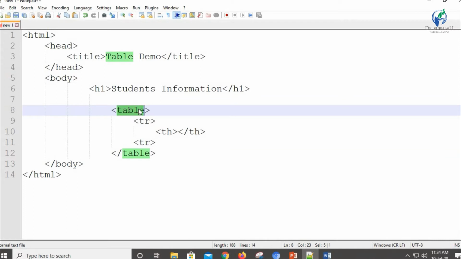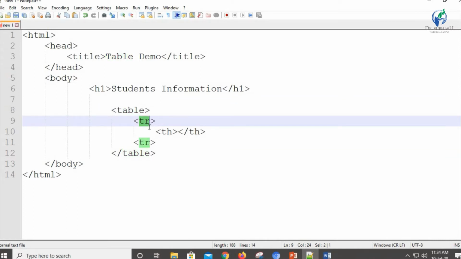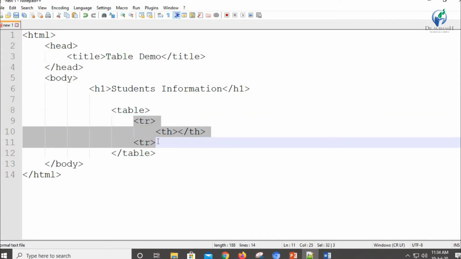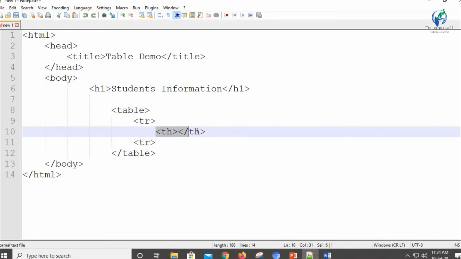First we have the table tag, inside that we have the tr tag. This block can be repeated as many times as the number of rows you require, right? And inside the tr tag we have either the th tag or the td tag. This tag also can be repeated as many times as the number of cells you want in your table.